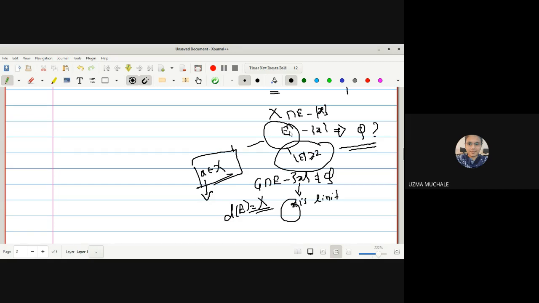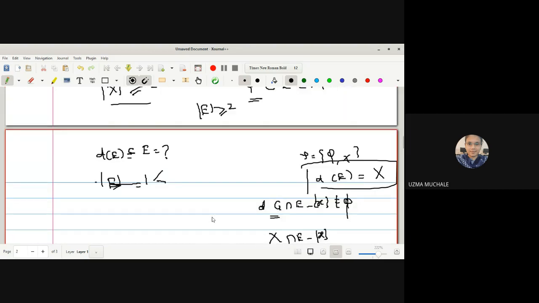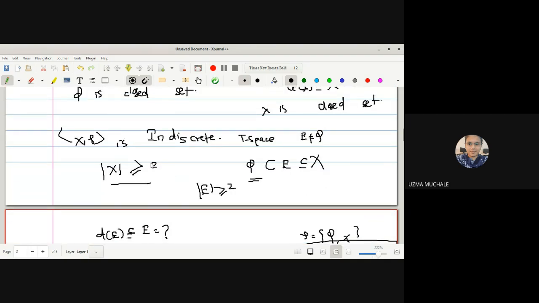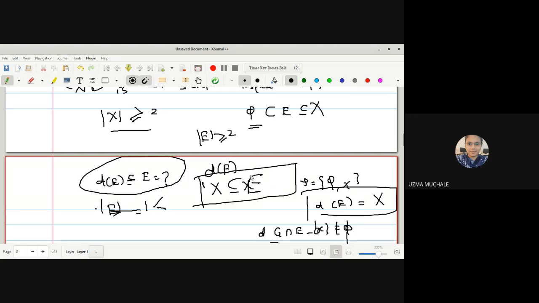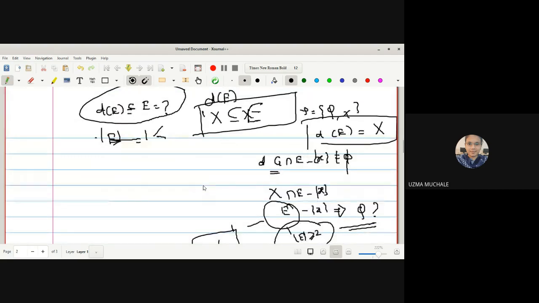For an arbitrary element, we have put the condition that capital E minus singleton X is non-empty, and hence we can say that the derived set of E is capital X itself. Now, for the indiscrete T space, can we say whether any subset E satisfies this condition? Will the derived set of E be a subset of E? We are saying that the derived set of E is X. Whether X is a subset of E? We can say E is a subset of X, but whether X is a subset of E? No, ma'am. So you should remember these cases.